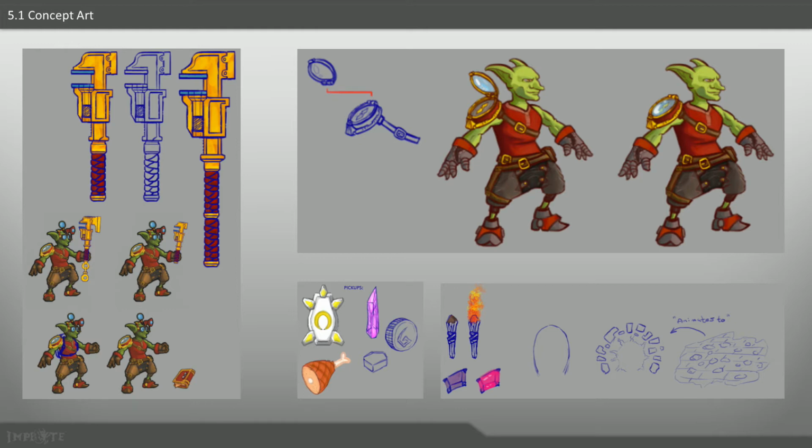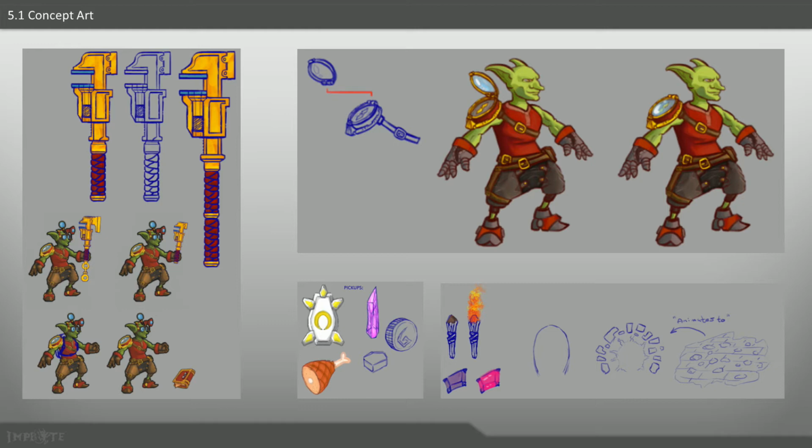For example, to the left, I have these weapons, or this kind of wrench-like mace thing that I have no idea if I was going to use in the end, but I started to try out and come up with a concept for something that could be the weapon he would be holding. Now, at this point, I know there's going to be so many more weapons than one and so many more looks than one that this itself is probably not going to cut it